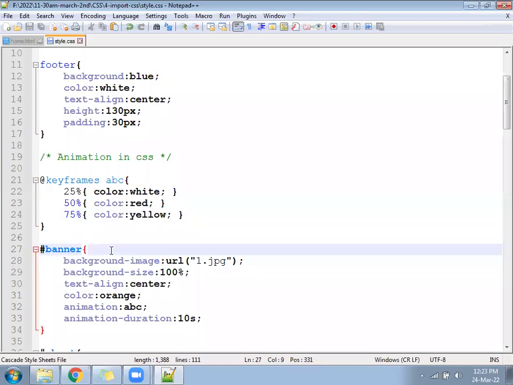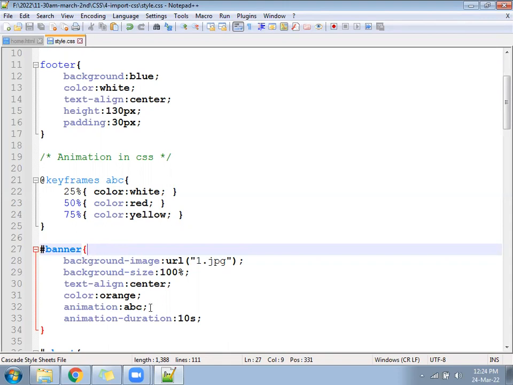Do you want to repeat this animation? The animation happens only one time. If you want to repeat it, then we have to set the condition again. How many times the animation loops is called animation iteration. As of now, you saw it's calling only one time, and it takes a total of 10 seconds, and in 10 seconds the color changes 3 times. If you want this loop to keep happening again and again,